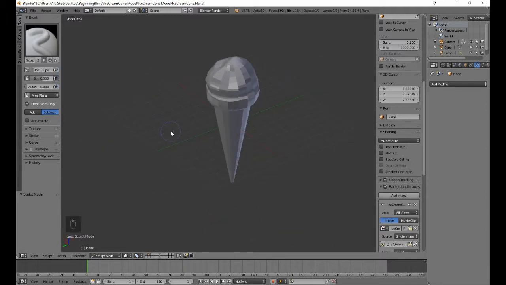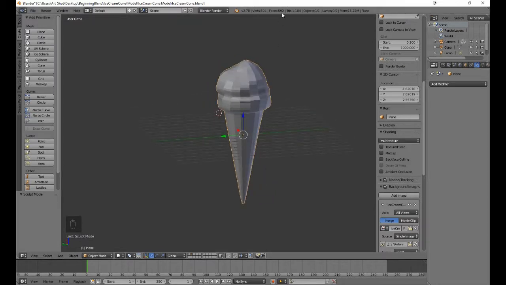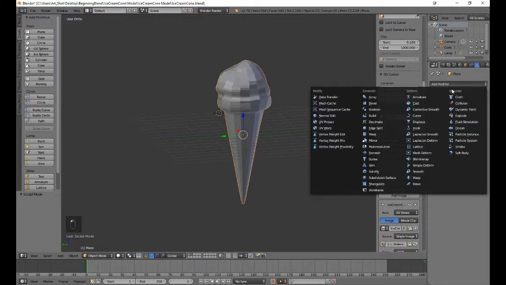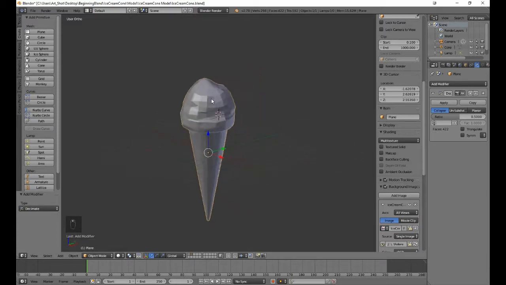Alright, now the last thing we need to do is go back into object mode, and let's see if we can't lower the triangle count using the decimate modifier. We'll hit in 0.5, and that removes a fair amount, leaving the shape,